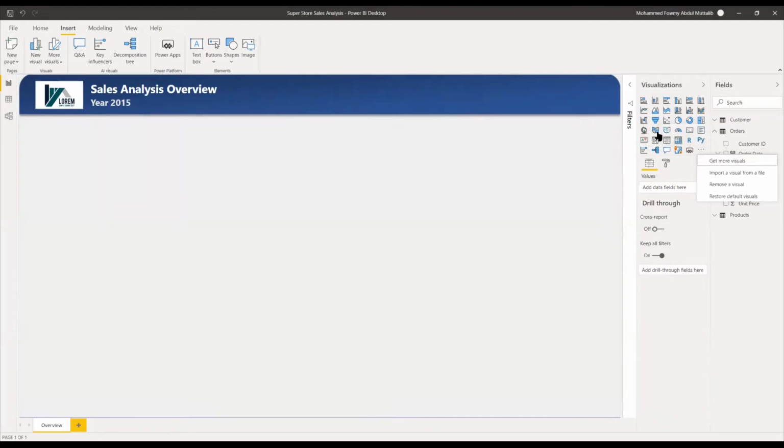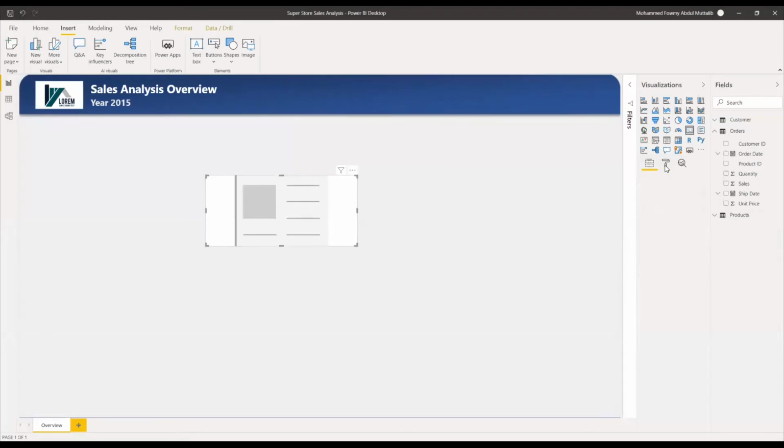So what I'm going to do is take the card visual. So this card visual, once you click, it is here. I go to orders and we have sales. Once I click this visual, you have two things. One is the field well, where we will drop the field which has to be aggregated or shown here. And the properties are there, right? So additional analysis will show here. Now for this one, I need the sales amount,